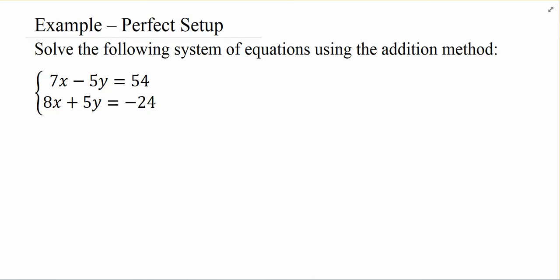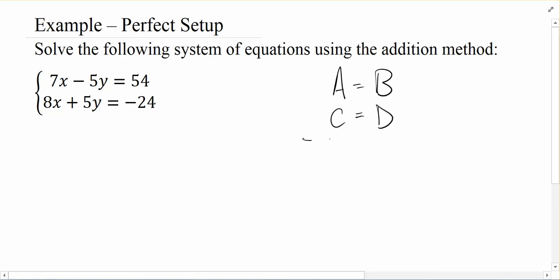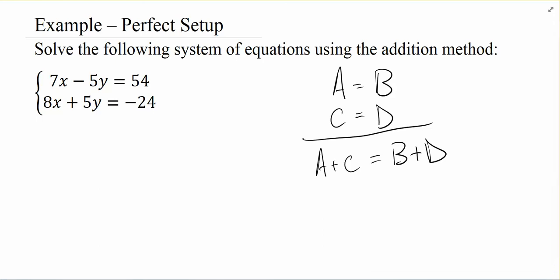So now we're going to talk about the addition method. Sometimes this is called the elimination method, depending on what textbook you're looking at. But to go over the basic idea and what's allowed here and what's okay, is to say if I had A equals B and I had C equals D, then if I said A plus C equals B plus D, that would be a true equation. And this all comes about from the addition property of equality.